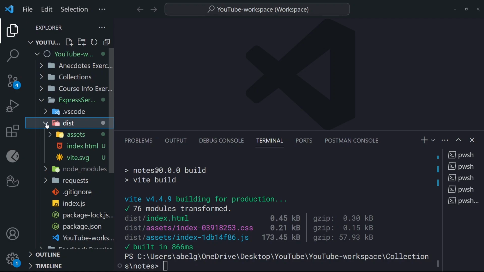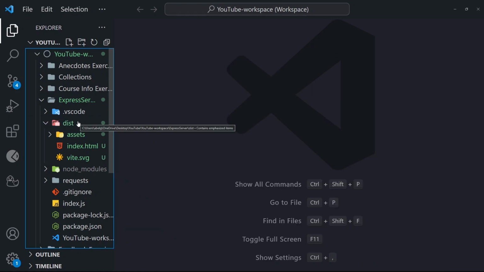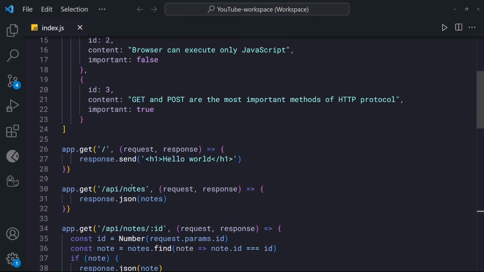file. Now to make Express show this page, which is the front end, we're going to need to use a middleware called static. What this middleware is going to do is return the index.html of our front end whenever we request the root of our backend. So what that means is when we try to access the root link of our backend, it's going to open this index.html file. So in our Express server, we're going to open the index.js file, and at the top, we're